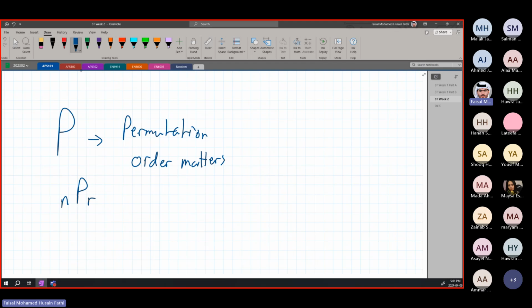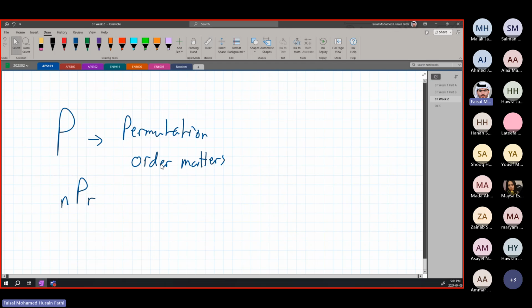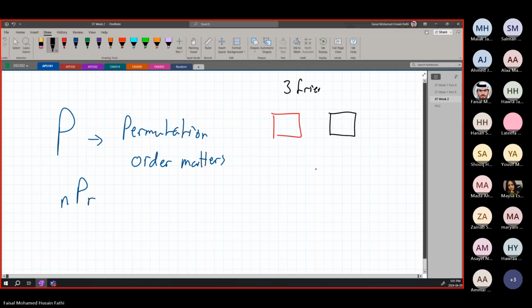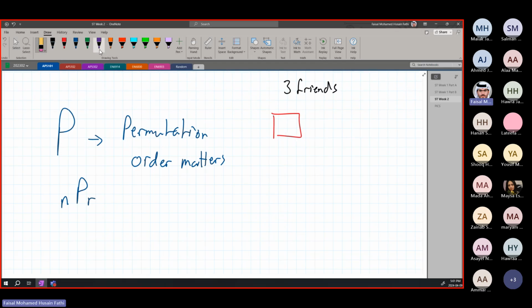How do we use this though? Let's start with a very simple example. Let me think of something off the top of my head. You have 2 seats in class. You have seat 1 and seat 2. You and 2 of your friends are going together to class, but only 2 of you can sit here, not all 3, unfortunately. So the total is 3 friends, and you have 2 seats, the first seat and the second seat. Then only 2 of you can sit.